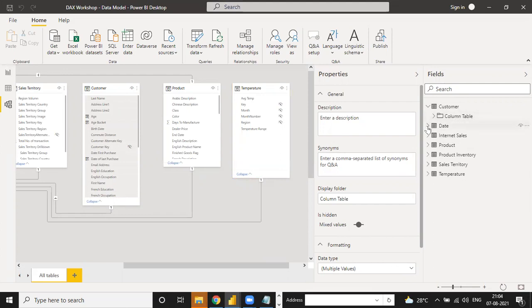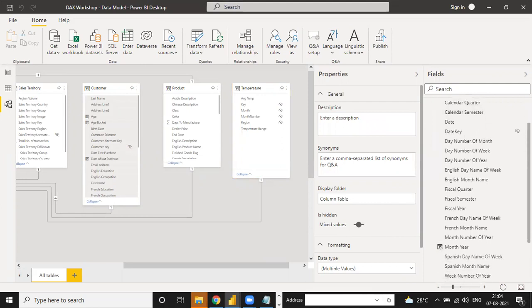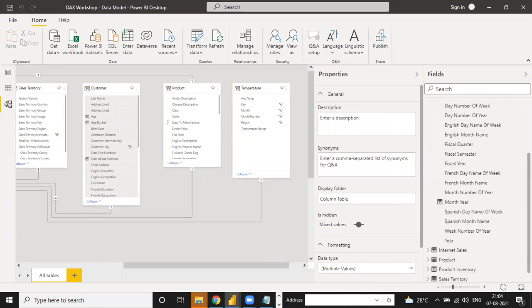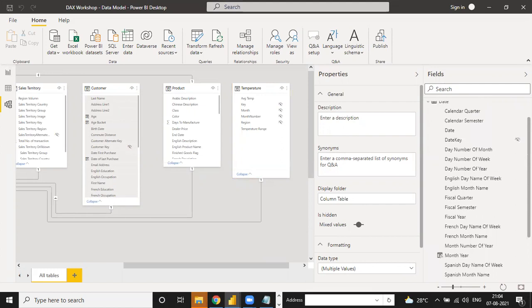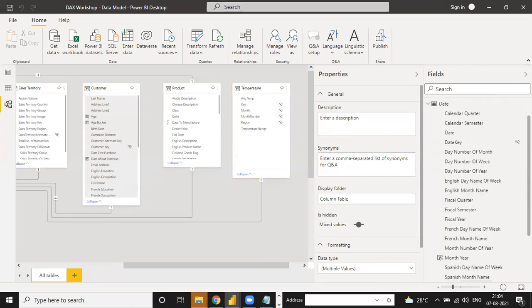Yes, I got it, sir. In the date table, suppose you have multiple columns. Right now, when you are working in a company, you have a large amount of data, and you cannot properly understand how many are columns and how many are measures.